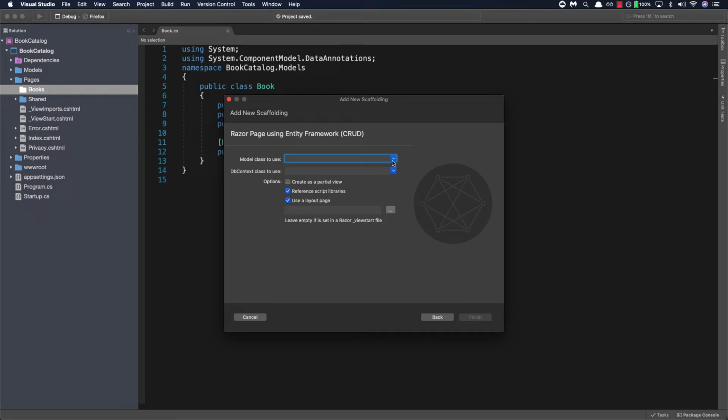We'll be adding the model to use, which will be book. And then we need to set the DB context class. Now, the DB context class represents a session with our database in order to perform the CRUD operations. What we'll write here will generate the class for us. And since our scaffolding will create a new data folder for us, we want to create this class with a